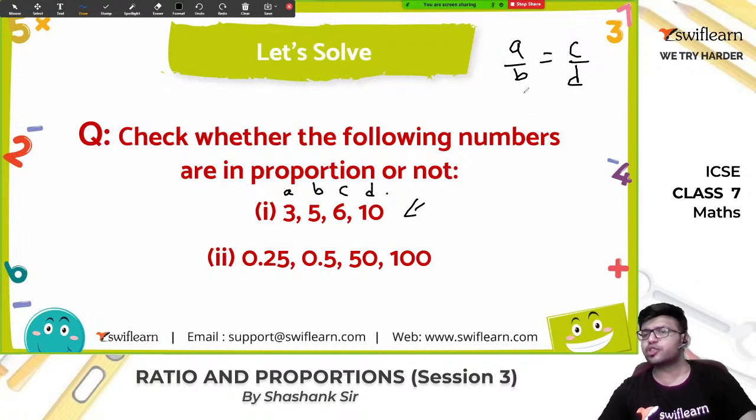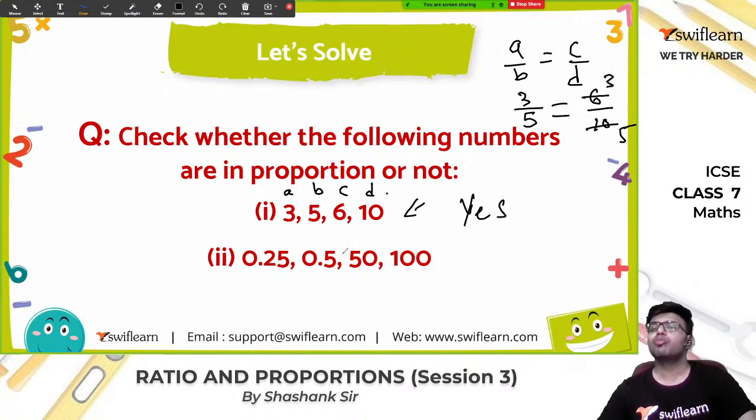So the first ratio A by B kitna hai? A is 3, B is 5. Second one 6 and 10. So simplify by 2, divide by 2. 2 3 are 6, 2 5 are 10. We get 3 by 5, 3 by 5. Both are equal. Hence they are in proportion. Next one